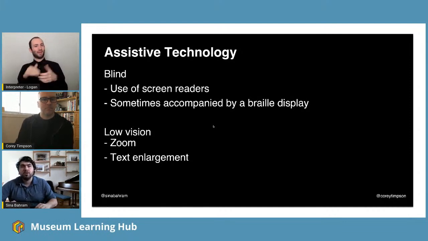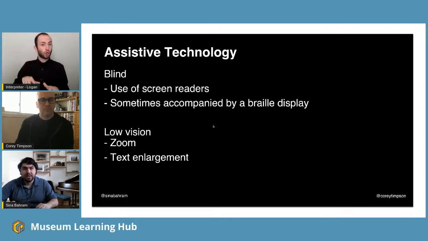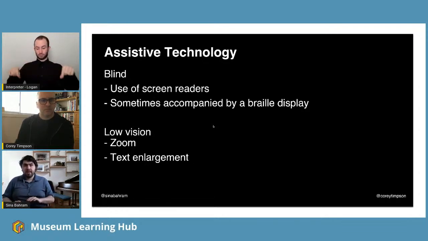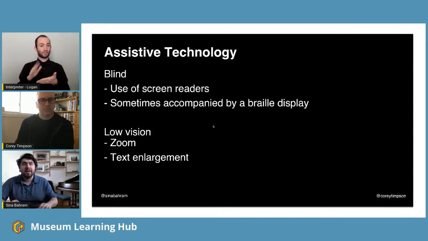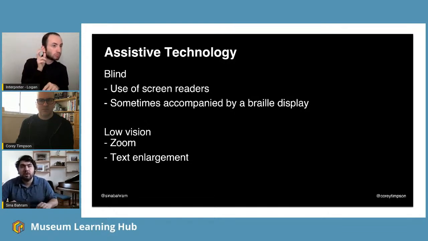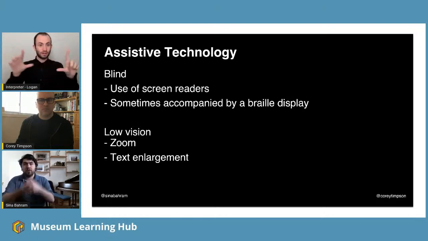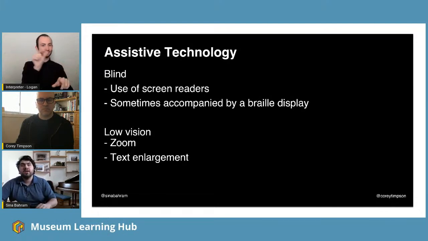For example, a lot of folks who use a screen reader, they may be blind or low vision, will also use it with an accompanying Braille display. This is a device that has a refreshable series of dots, and so you can feel the Braille under your finger. That's especially important to keep in mind for deaf-blind audiences who may not be able to use speech to access technology, but can use Braille in order to do so. You've got zoom and magnification for low vision folks, or anyone who needs the contrast increased, as well as things like black and white mode or grayscale or inverted colors.